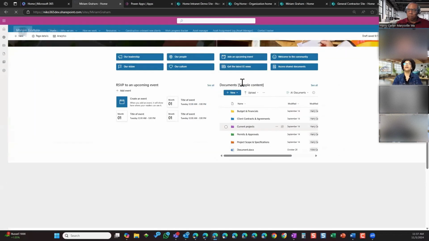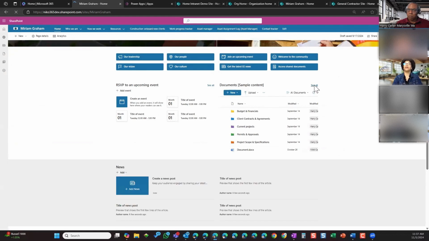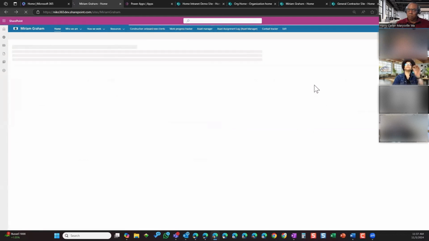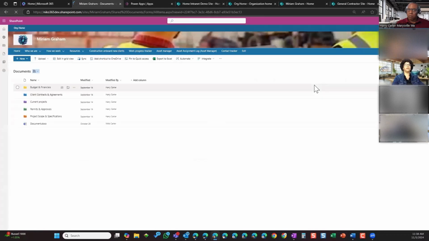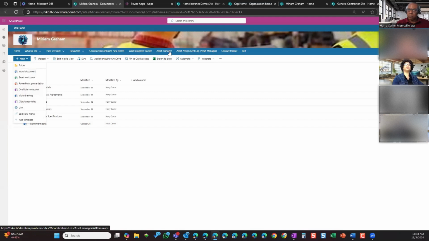Okay. The library, on the other hand, where the list is focused on the data. So when you click on that new button, it asks you to fill out this field, fill out that field, filling out all the fields that will become that row of data in the list. A library is a little bit different in that it cares about the document or the file that is getting put there. So when you click on the new here, you get all these options as opposed to, let me